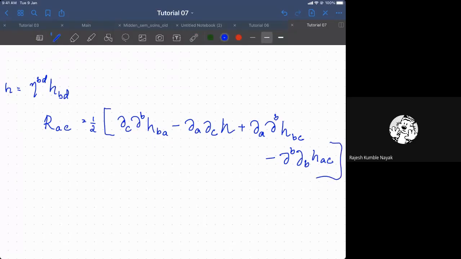Now, can you identify something here? What does this mean? Box. Yes. So this is basically what you call a box operator or wave operator in 4 dimensions. It could be a Laplacian in HAC. And then the remaining terms we would write simply like this. There is no meaning to them.